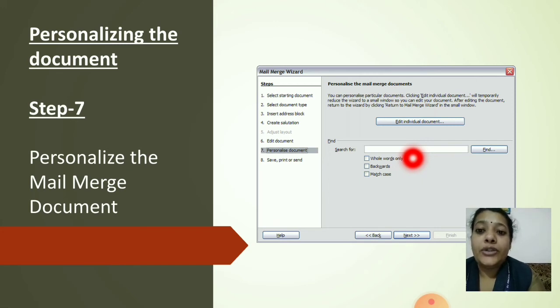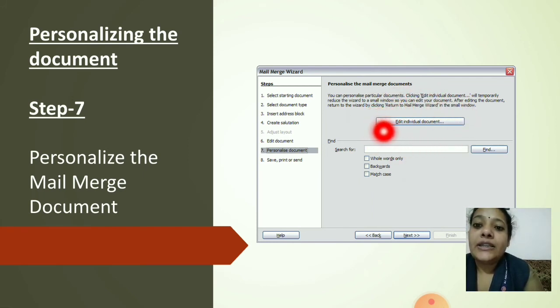That changed message you can send to only a very few people or individually. If you want to send the document individually, you can do it here. Once we have done, you can click the next button.